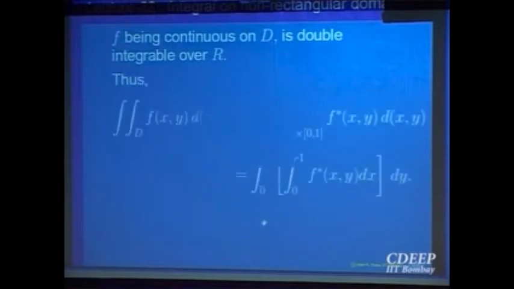Okay. f is continuous, so it is integrable, no problem and all that. So the integral of f over D is the integral of f star over that rectangle, right? Now let us look at f star. For f star, I will apply Fubini's theorem. So for f star, let us integrate the variable x first and then the variable y. Once you do that, I want to compute what f star is on [0,1] for y fixed. I have to compute this value in terms of the given function to compute this integral.